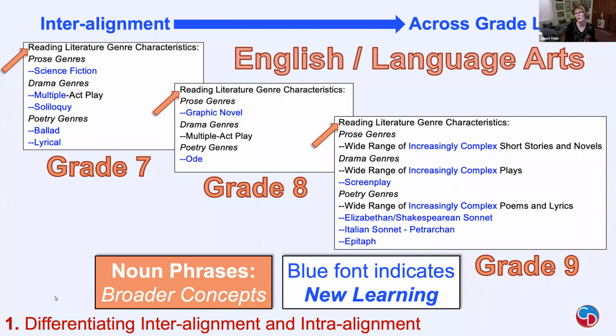But here's a good example of a noun phrase that I like to use a lot with ELA, which is reading literature genre characteristics. What's going on here? Because we can now, we're already up to 7th, 8th, 9th. What's happening here is students may well have read the genre of a science fiction prior to 7th grade. They might have done it in 5th grade, but they've never looked at the genre for its own characteristics. They were reading it for looking at who's the main characters, what's probably the plot and how it advances, but